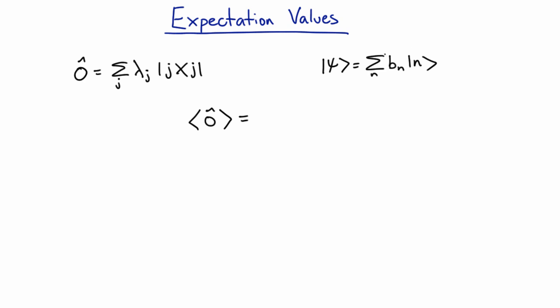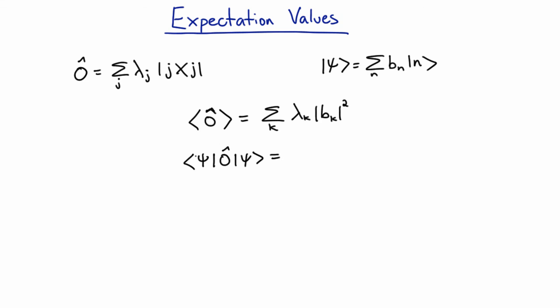So each time we make a measurement, we're going to get the result n, and the number lambda n and the state n with probability mod bn squared. So if we take the average of that, with this probability, we'll get this result. So this is the average result we'll get when we measure this observable. This can be extracted directly from the inner product.